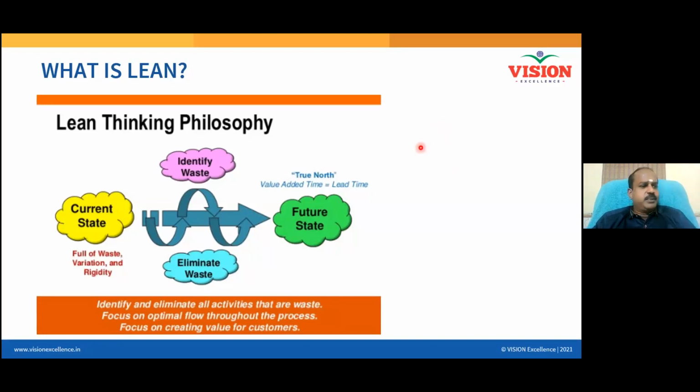For example, if I produce products with a lot of defects, can you tell me, is it a productive work or an unproductive work? Can I get a response here? Unproductive. When I produce product and that comes with defects, that is called unproductive work. Why do I call it unproductive? Customer is not willing to pay for such activities. Am I right? I produce a defective item and then I can't expect customer to pay for it.